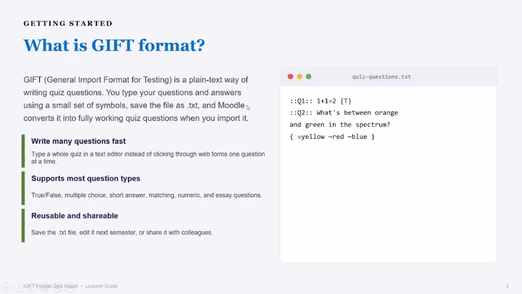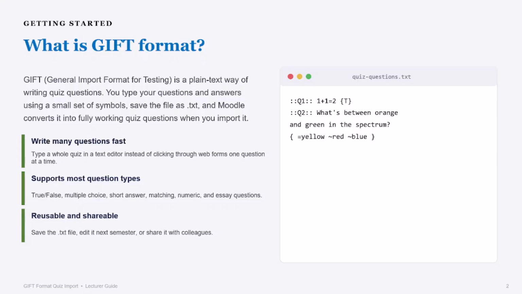So let's get started. It's good that we understand what is the GIFT format. So GIFT stands for General Import Format for Testing. So it's an approach of using a plain text editor such as a Notepad in writing the quiz questions. So once you type out the quiz questions in your Notepad, you save it as a text file, and then you are able to upload it into Moodle, and Moodle will then convert it into questions in the question bank